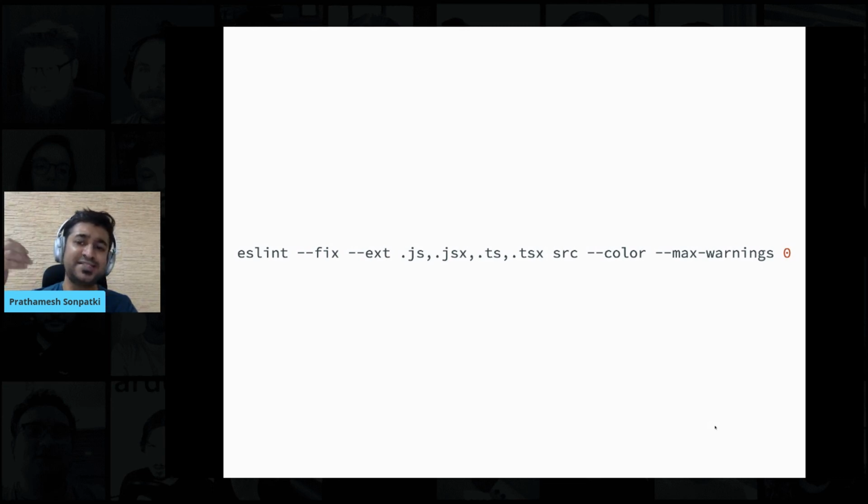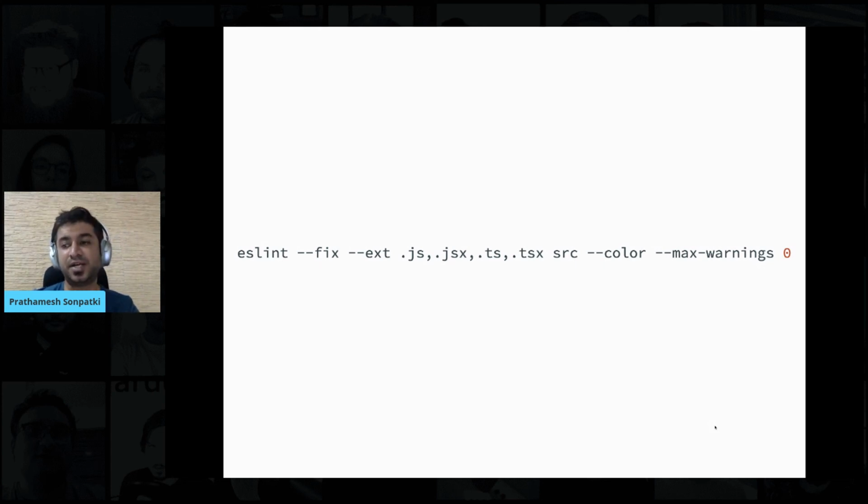In certain cases, the decision of ignoring warnings was taken on purpose, after seeing the use cases and after making sure that, okay, we can ignore these warnings inline. But otherwise, having this max-warnings 0 in the build protected us from ignoring warnings which get ignored due to manual oversight.